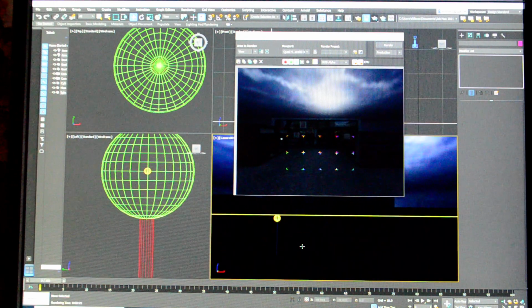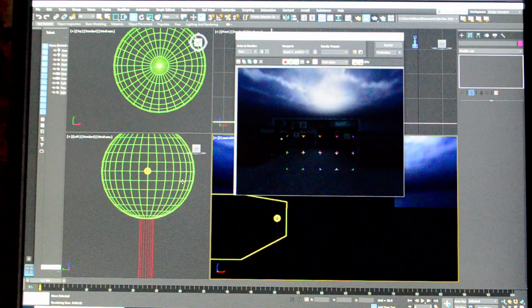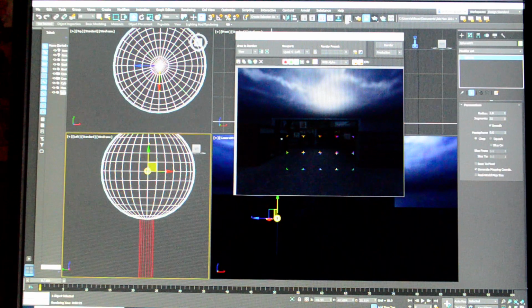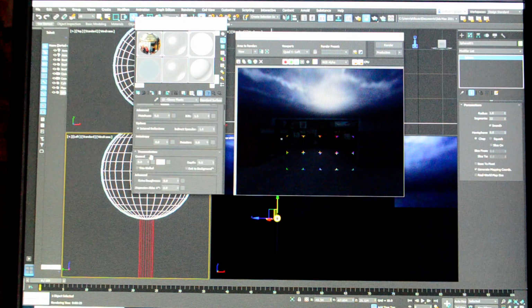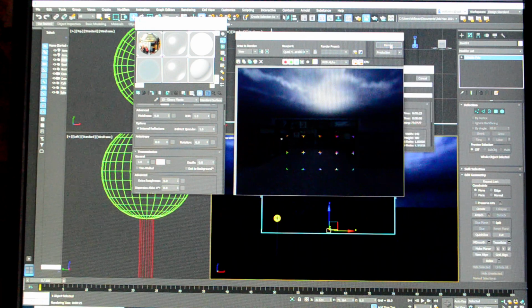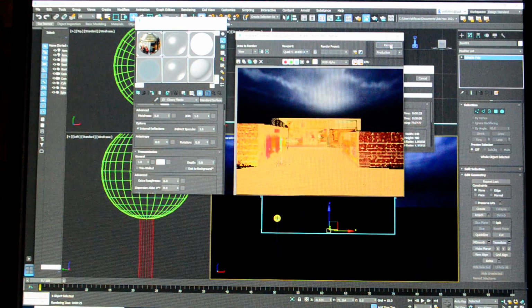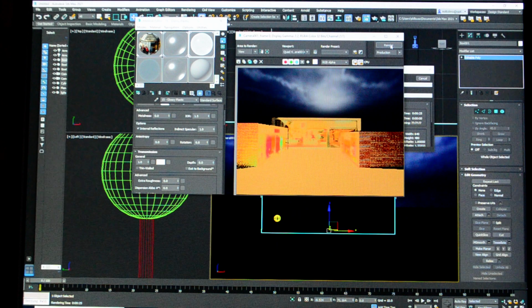Let me try something. Let me check the globe to make sure it's not transmitting. I need to increase the transmission to make that see-through. Let's see what we did. Blew it out. Okay, so it's a good thing I didn't do that, so you guys can see how to problem solve this. In order for light that's on the inside of something to get out, you have to